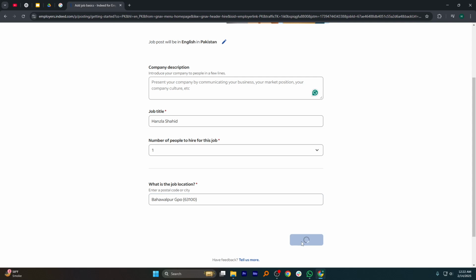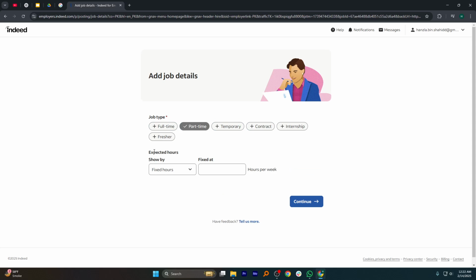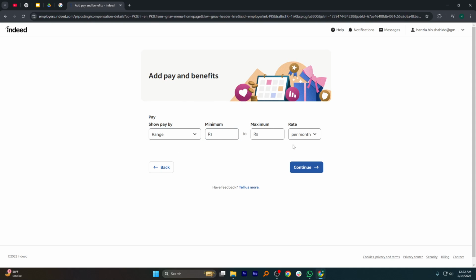Here select the job type, full-time, part-time, contract, etc. Then choose the expected working hours for the position. Next, enter the fixed number of hours per week that the employee is expected to work. Click Continue again. Now specify how you want the pay to be displayed, including the minimum and maximum salary range,